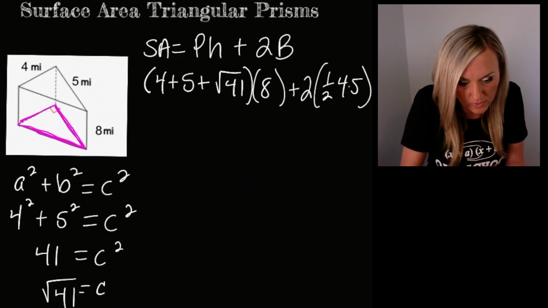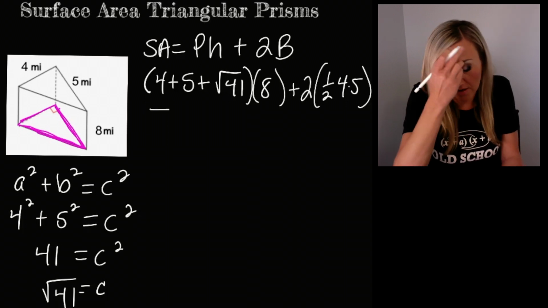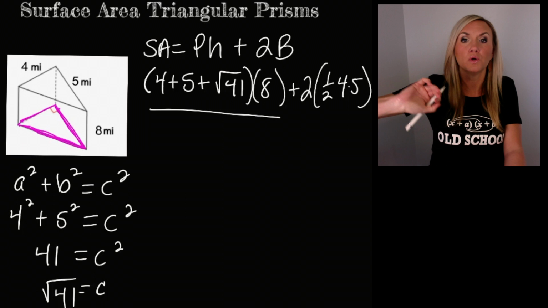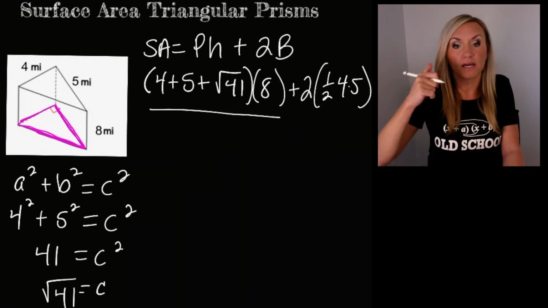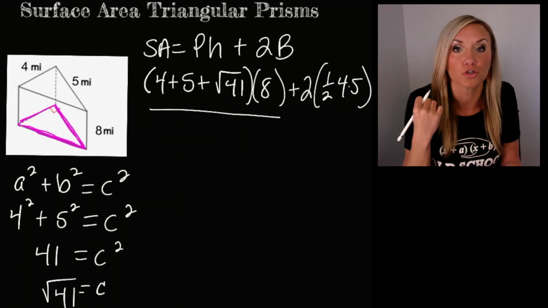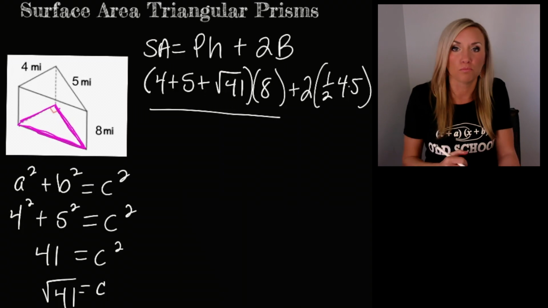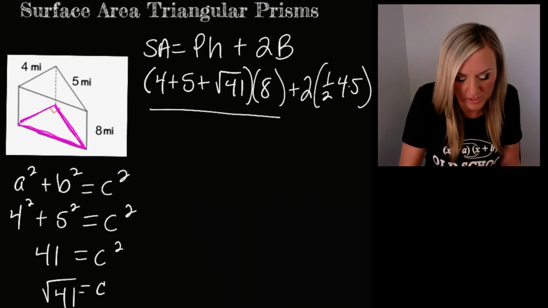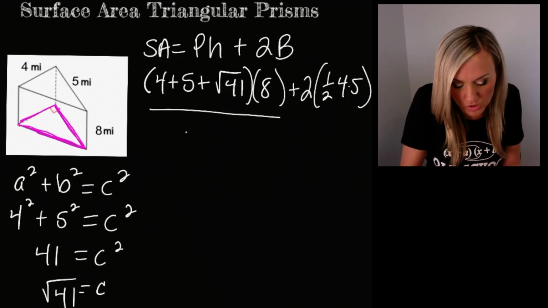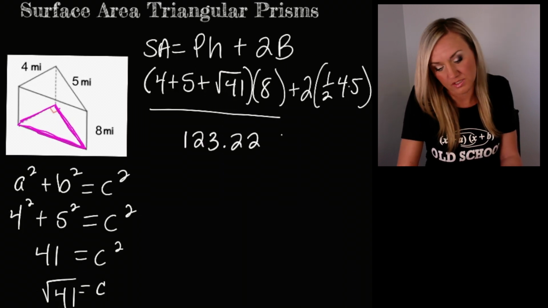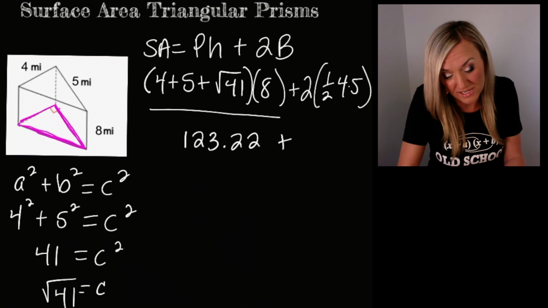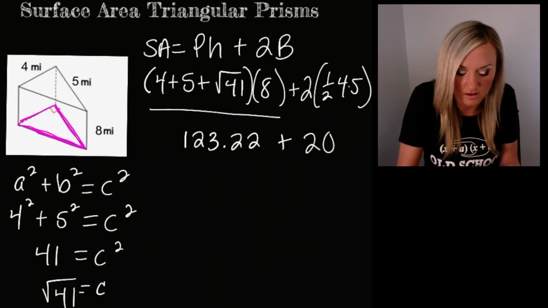And then let's go ahead and do some calculating. 4 plus 5 is 9, so in your calculator you could just type in 9 times the square root of 41 and make sure you hit enter before you multiply by 8. So important. And if you did that right, you're going to get 123.22 plus, and that's going to give us 20. So our final answer,